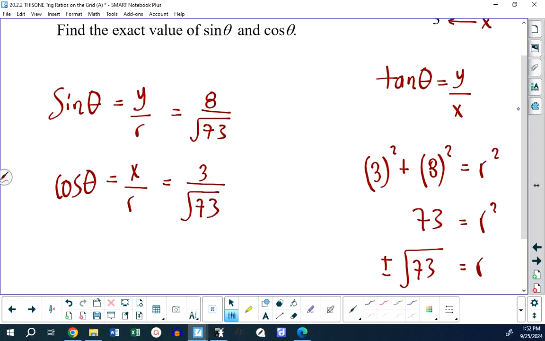So, sine of the rotation angle is 8 over root 73, and cosine is 3 over root 73. Are you with me? Okay, you're one step ahead of me. What's wrong, Sukman? Right. Actually,